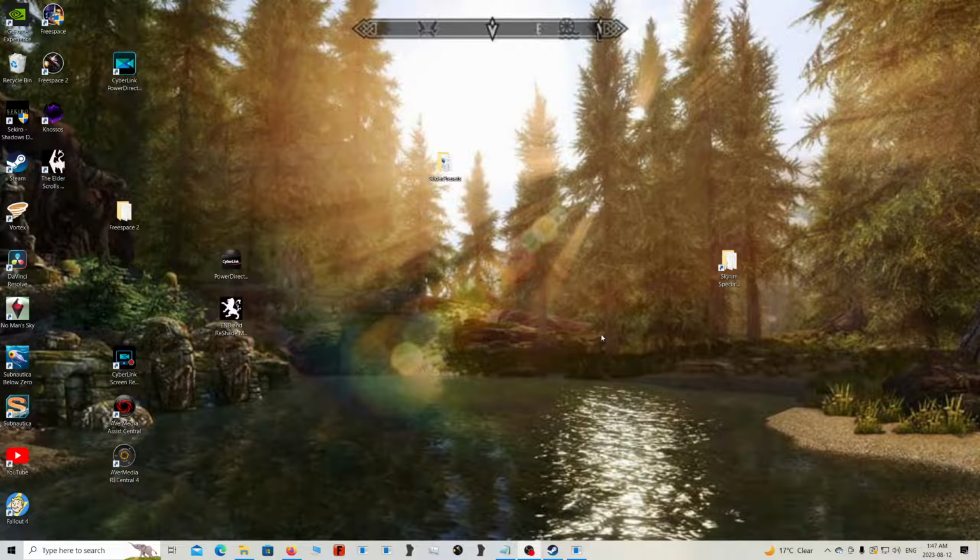Okay, so before we get started modding, the first thing I highly recommend you do is create a shortcut for your Skyrim folder onto your desktop, because you're going to be digging in it a lot when you're modding. As you can see, I already have one here, but if you don't know where to find it,